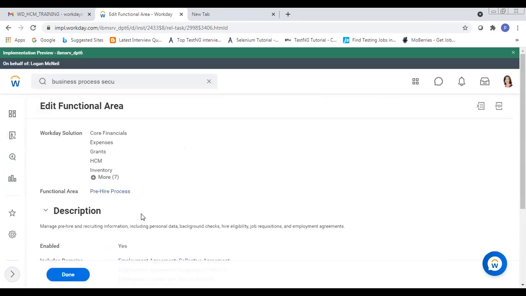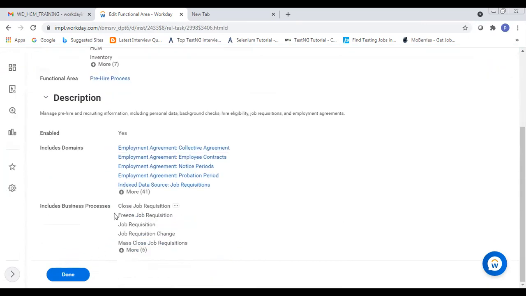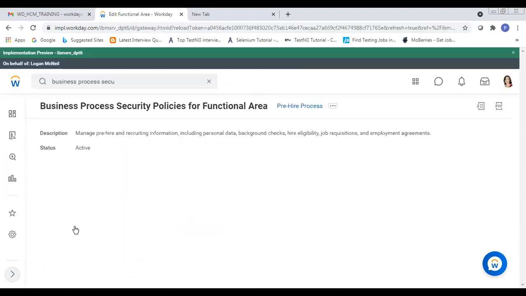After that, click on OK. I didn't edit it, but I'm showing the same way we did for domains. We can do the same thing for business process.